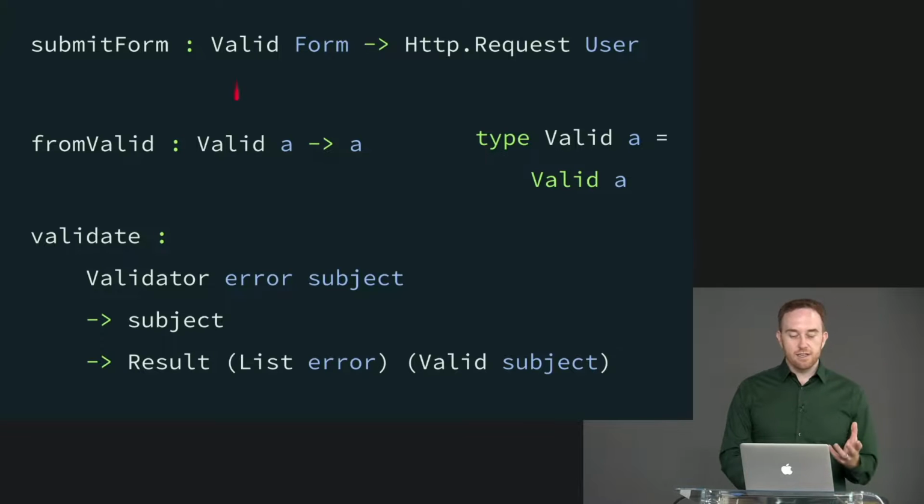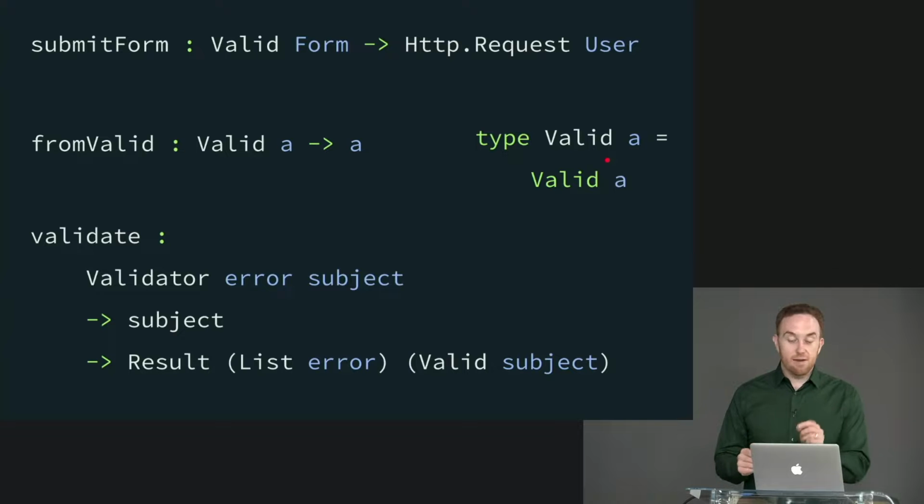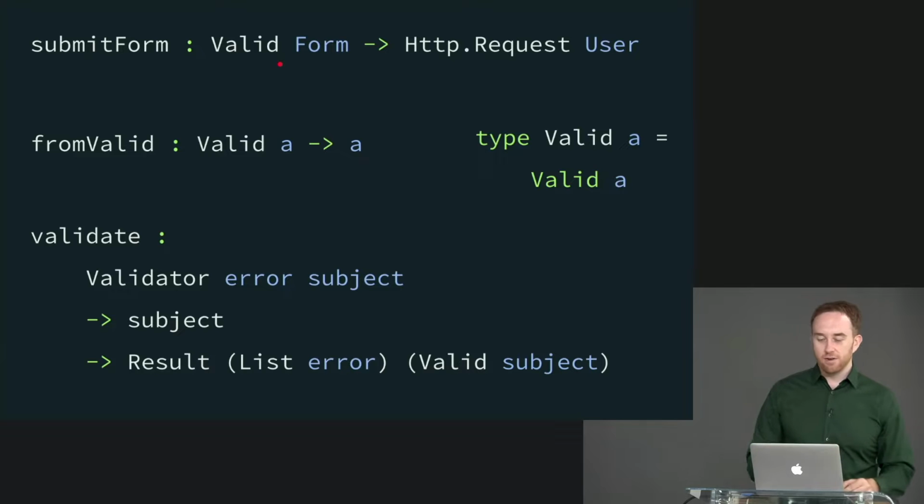So essentially, the whole purpose of this type is only to be opaque. If this type were not opaque, then that whole guarantee would go out the window. I could no longer add this to my form and say, oh yes, this ensures that I remember to validate it, because it's entirely possible that somewhere in my code I just said, forget it, I'll instantiate this thing. Or maybe somebody who's new to the team and didn't realize what it was supposed to be marking said, I don't know how I'm supposed to get a valid form, I'll just go ahead and construct one because that thing's in scope. If somebody new to the team did try to do that, they would find that it wouldn't compile,